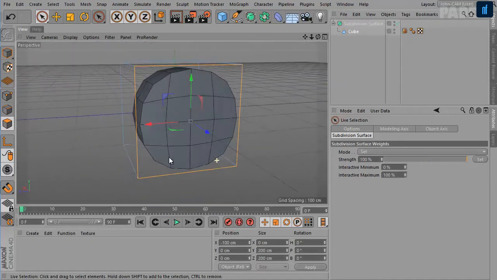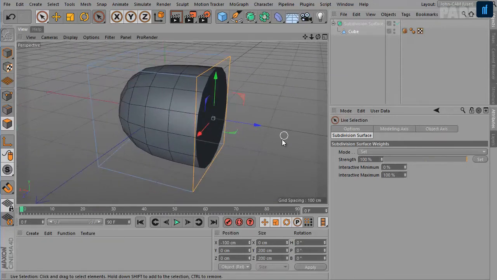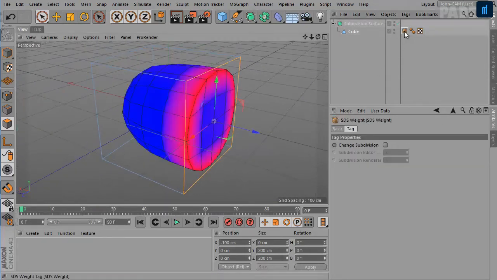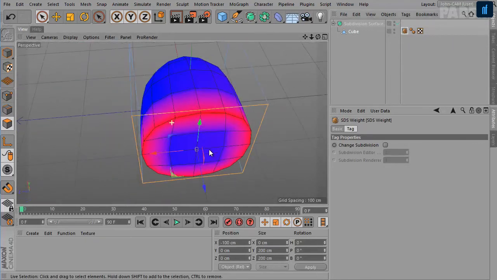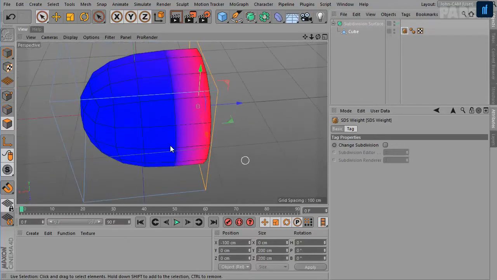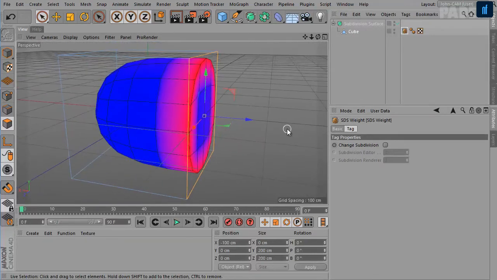Okay, now if you notice here in the object manager, we have a tag, and that tag is sort of a heat map or the weight map for the object. So blue is the minimum weighting and red is the maximum weighting, and then it fades between the blue and pink and red.